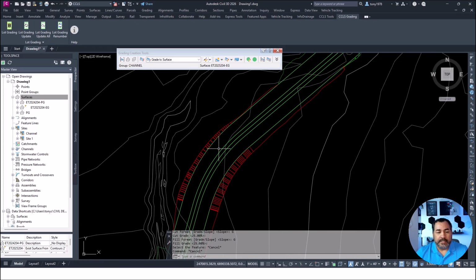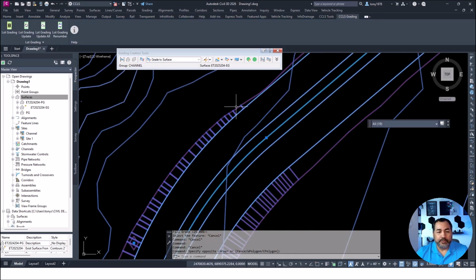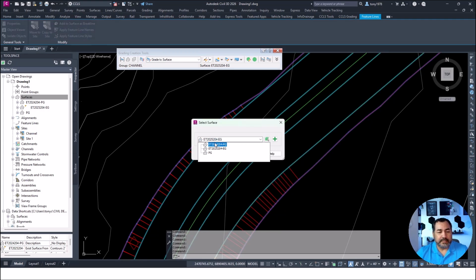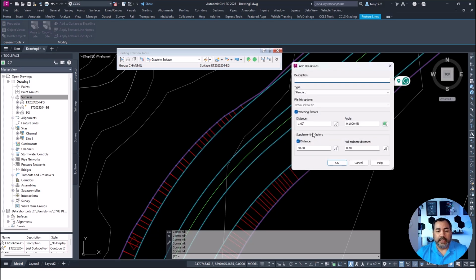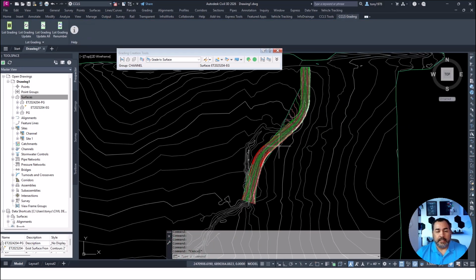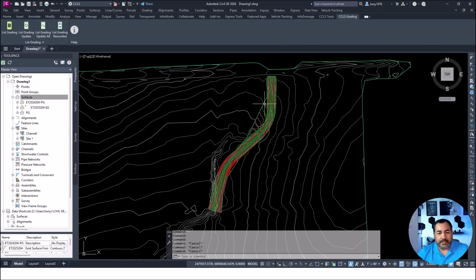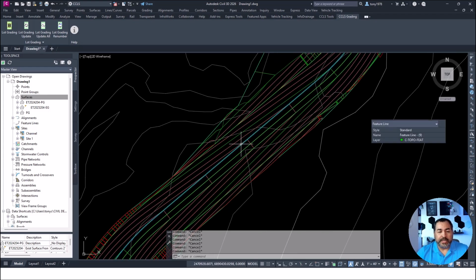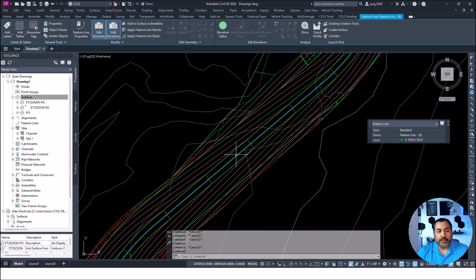Now I could add these to my surface that I have. Add to surfaces, breaklines, and then PG, and click OK. And then I'll do 1, and that's a good number. Now the cool thing about this is that it's dynamic to those objects because they're dynamic feature lines. So the cool thing is that if I go back to my original channel,